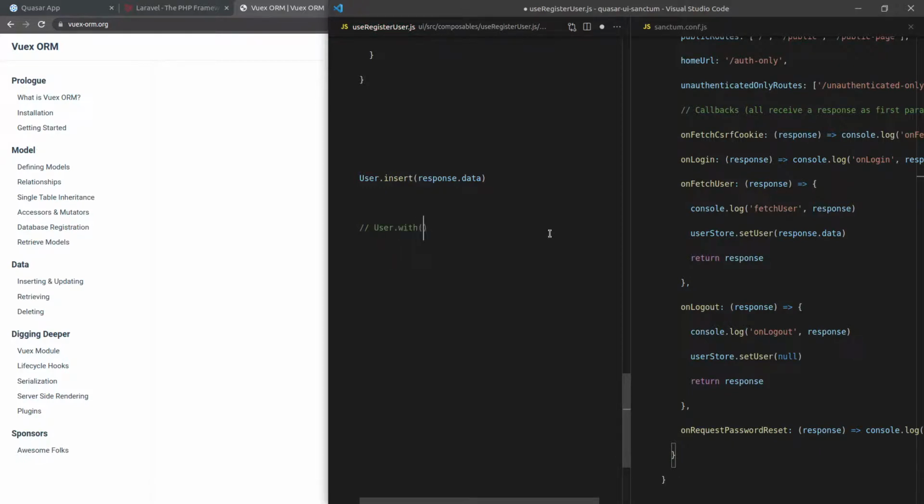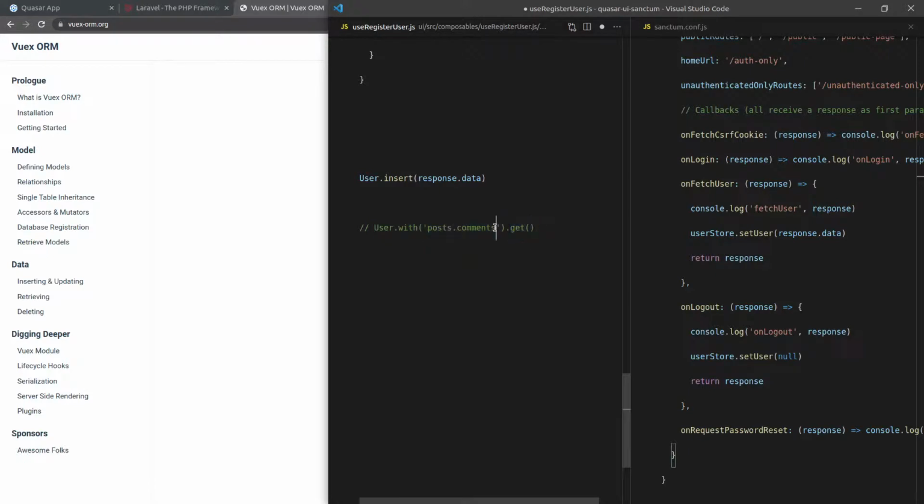I didn't even show you this. Then I can say user dot with, and get me that user with all of its posts and all of its comments. It is literally that simple. And then you can also do querying based off of the with statements, like all that complex stuff is implemented as well. So now that is going to give me my user with all of that user's posts and all